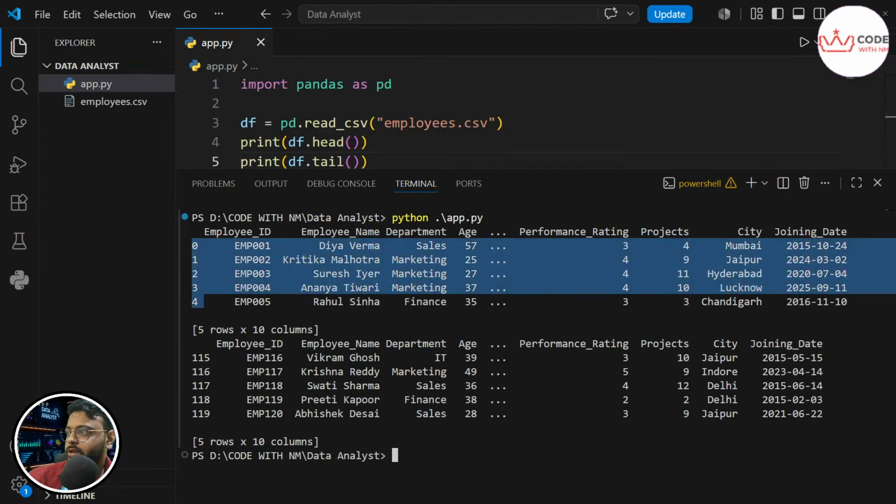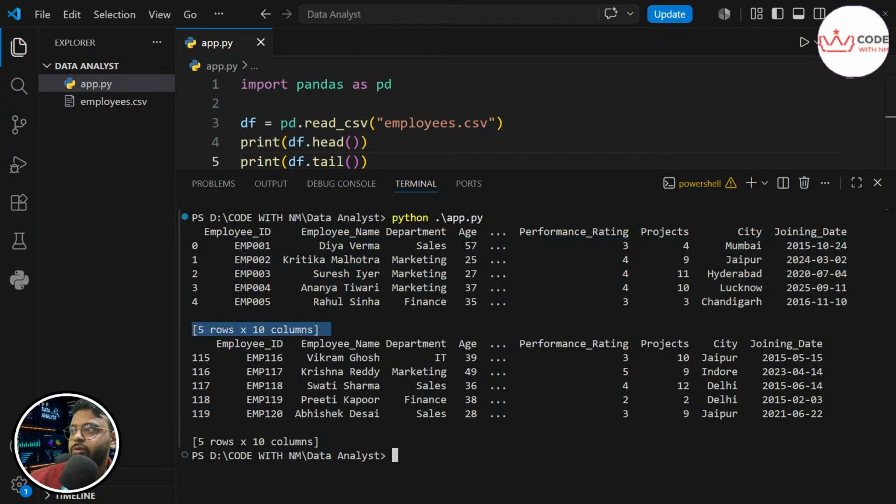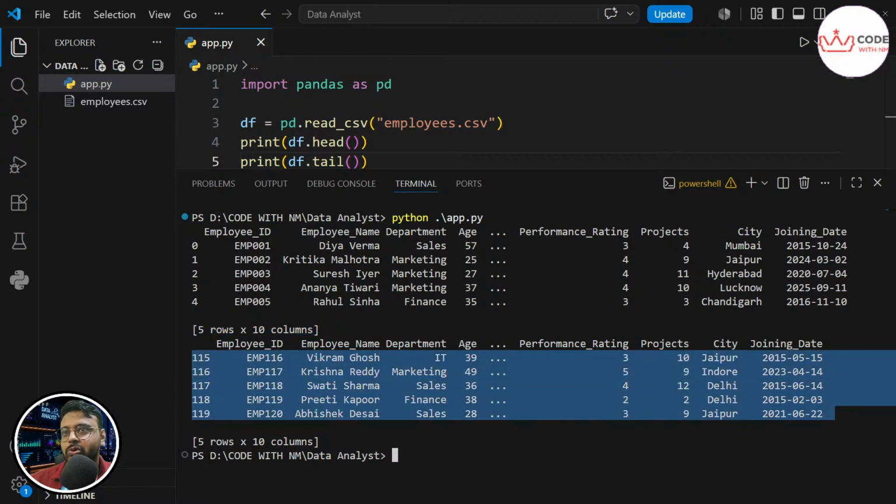Here you see 0, 1, 2, 3, 4, this is head. By default, head prints the first 5 rows, and of course it says 5 rows x 10 columns. You have 10 columns, so head will print all the columns but only the first 5 rows. And in the tail, you see 119, so it prints the last 5. Understood what tail does? It prints the last 5 rows from the bottom.